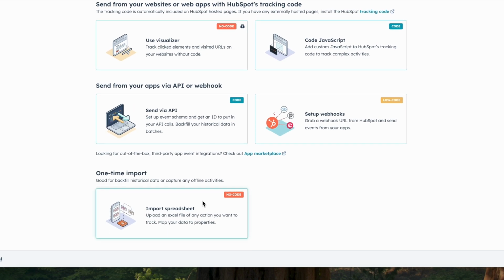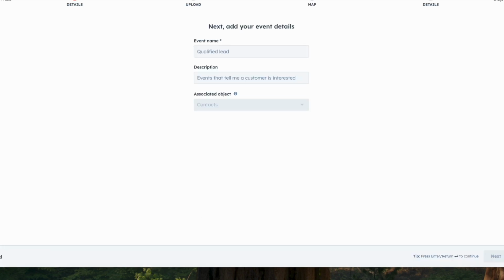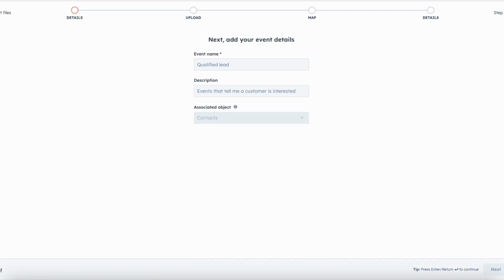The first one I'm going to talk about is the import feature. The import feature allows you to create a HubSpot event around a specific offline activity or any activity. Maybe you export everybody that's called in, or maybe you have a trade show and you want to import everybody that stopped in your booth. The power of this is, it'll allow you to create an event that contacts have